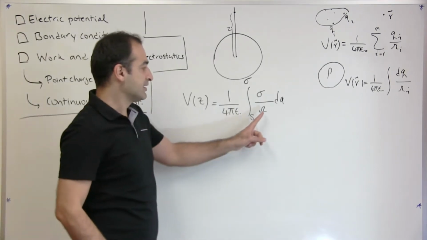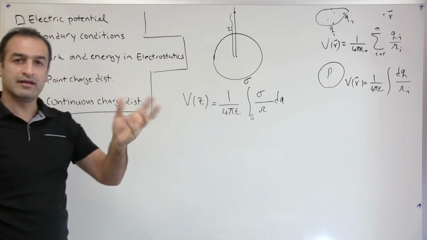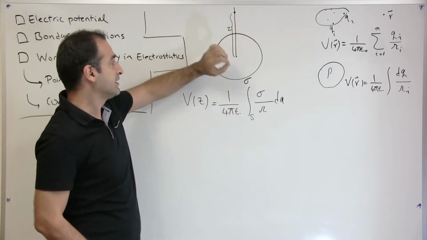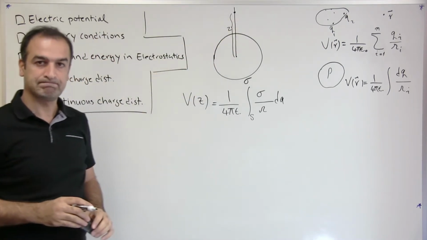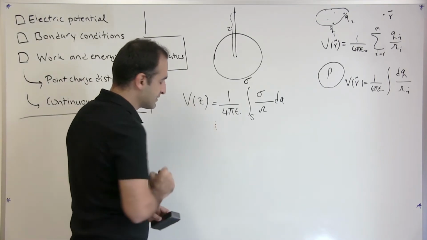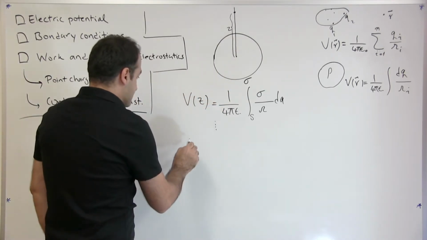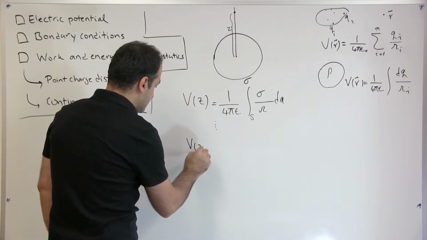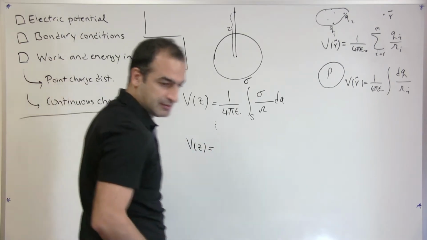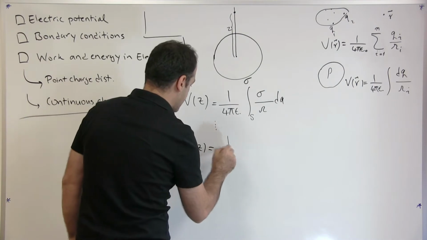We wrote the separation vector as a function of the polar angle, as a function of the radius of the sphere, and as a function of z. Okay, so we did that. I'm not going to do all those details because it takes time, but I'm going to jump to where we stopped. We calculated Vz is equal to, I go back to my notes,